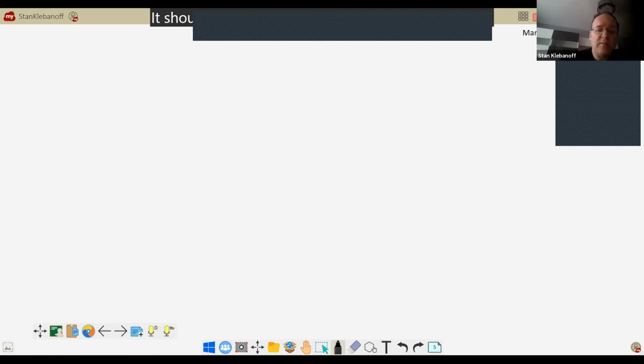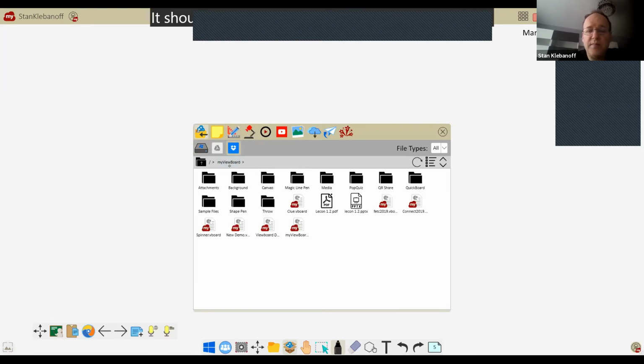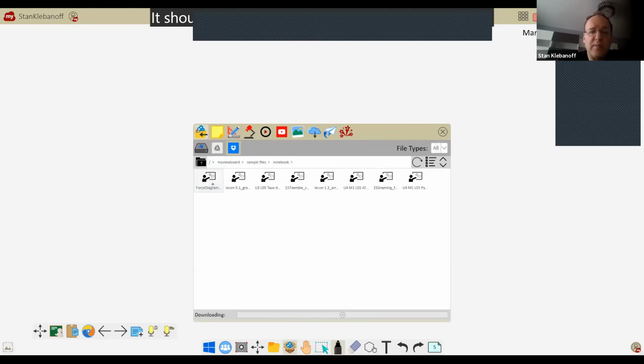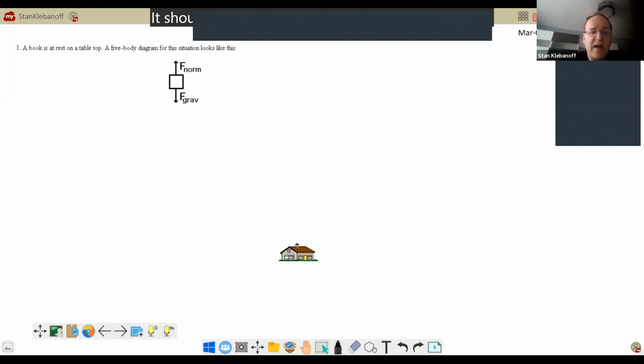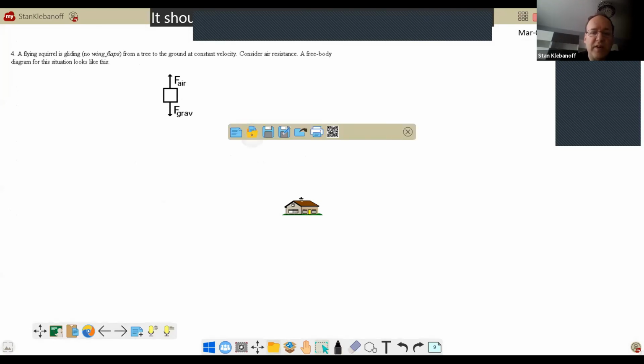But if I go to my blue icon here and I connect up to my Google Drive, I have some examples under sample files. Here's some notebook files. Let's bring one up here. This is importing directly into my ViewBoard. You saw how fast that was. This is not a great file. Let me bring up a different one. I wanted to bring up an English one, but